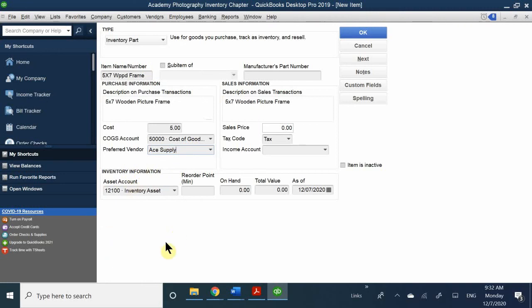I didn't make a specific account for every single item I actually sell. So in this case, I'm going to dump it into my inventory asset account. Okay. Now the next question it's going to ask you is, when do you want a reorder to happen? Okay. So this is where